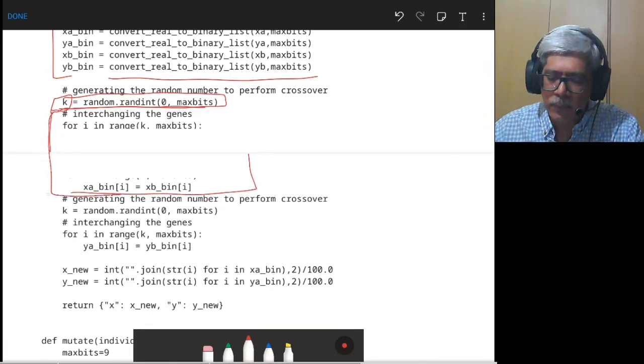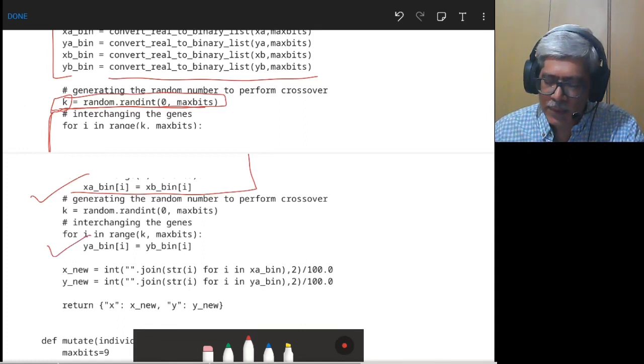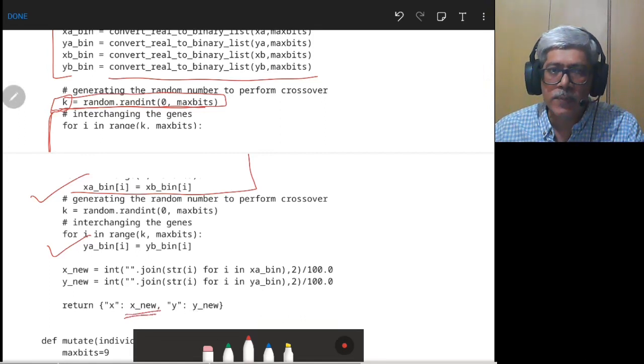That will be done once for the x1 variable and next time for the x2 variable. So that is where you will get the offsprings, and it will return the new child for the x1 variable and the new child for the x2 variable. So that completes the crossover.